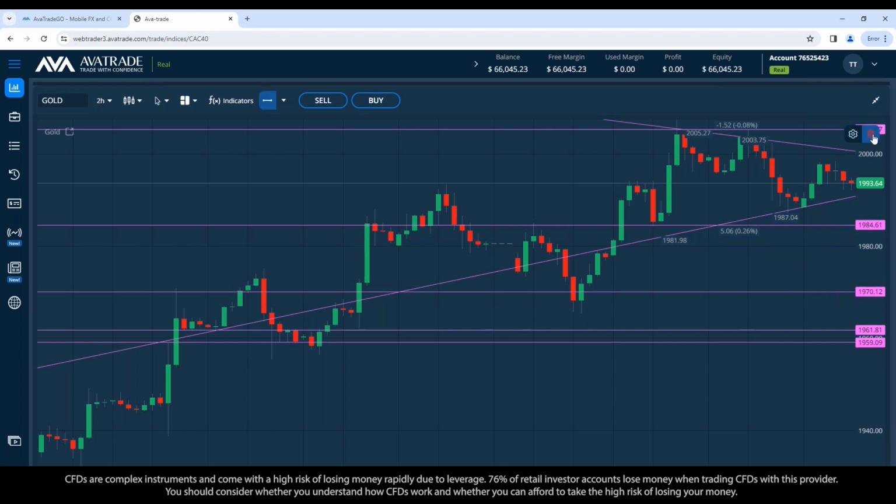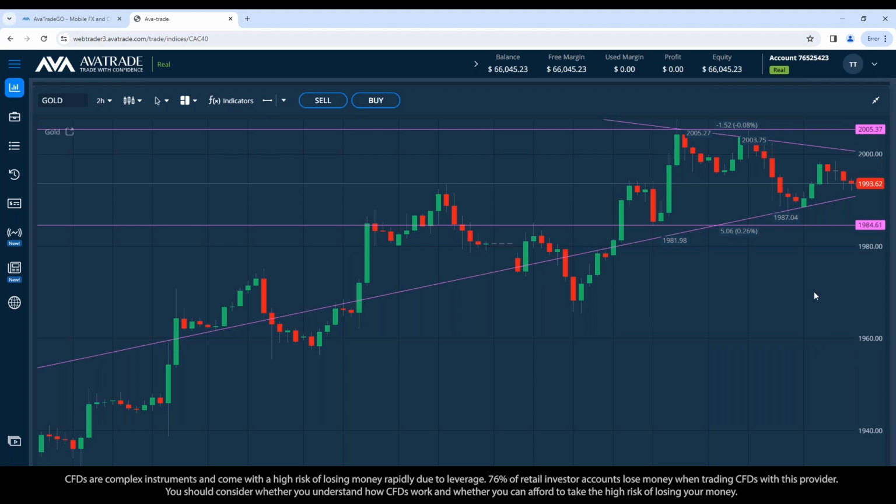So just a bit of technical analysis to go along with our fundamental news situation, which is US market holiday, and ranging movements may be expected today before all of those announcements tomorrow. So we're right in the middle of the resistance up here and the support down here. So what you could do is wait for this snaking movement to break out one direction or the other and have pending orders just above the support to buy and just below the resistance to sell. And your stop loss could be above the resistance here for your sell pending order, and your stop loss down here could be just below the support with your buy pending order.